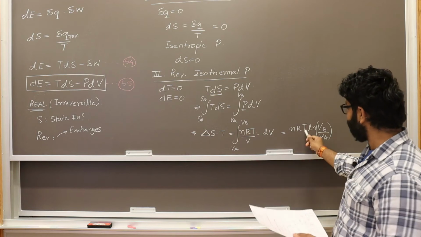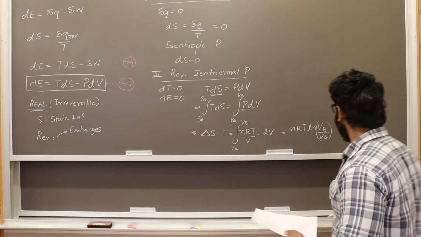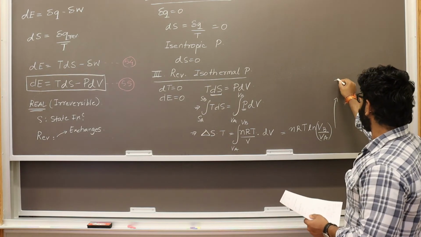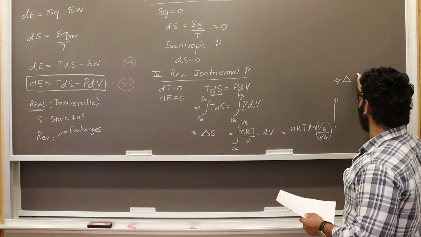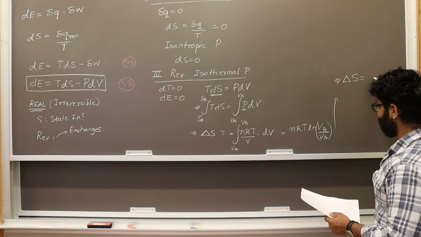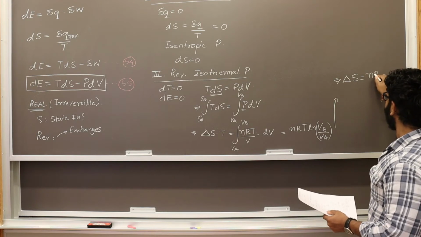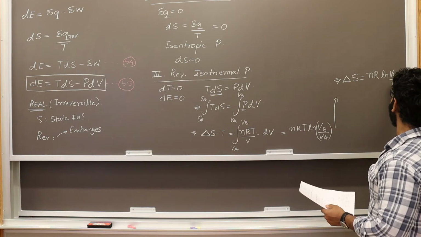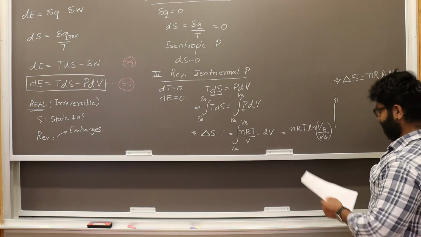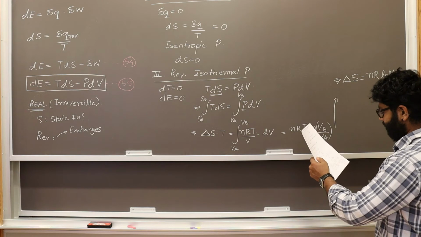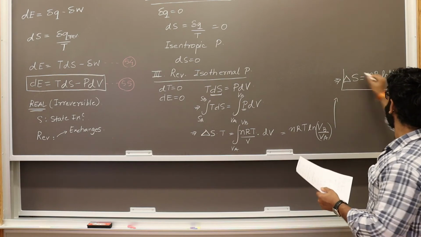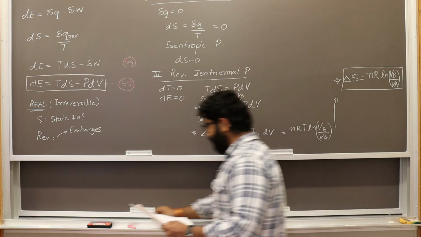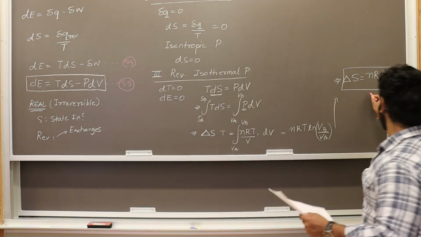Now you see there is a temperature on this side and a temperature on that side. Therefore, I'm taking this here, and your delta S becomes nR ln VB by VA. Okay, so this is the amount of entropy change, and I'll write this as equation